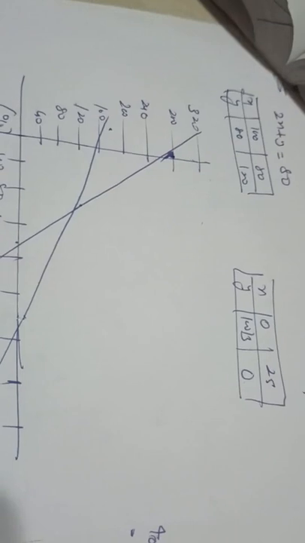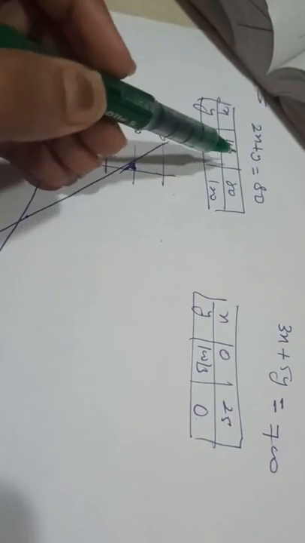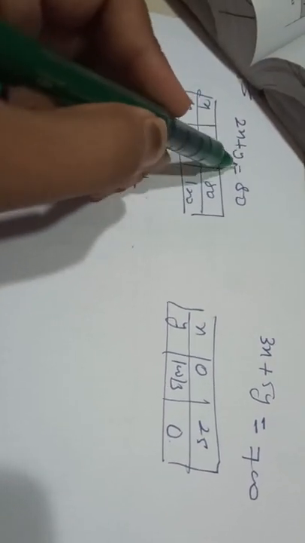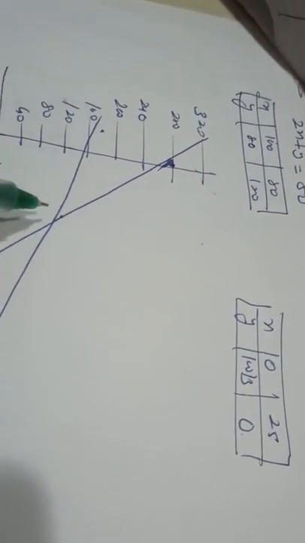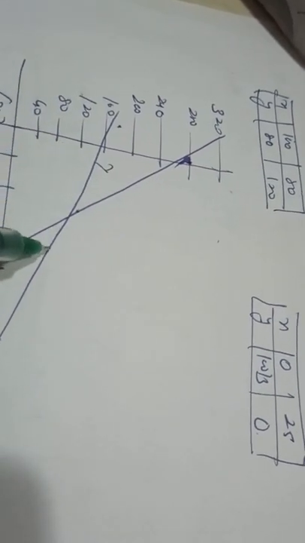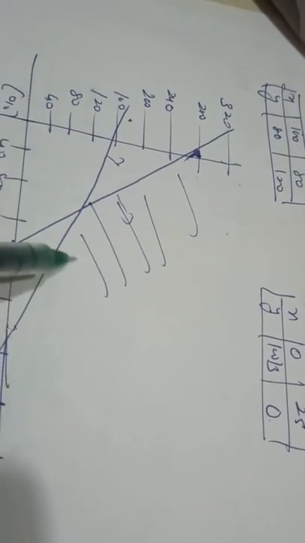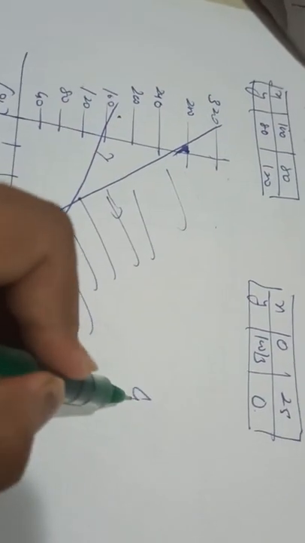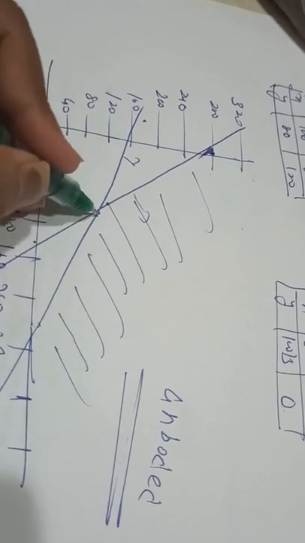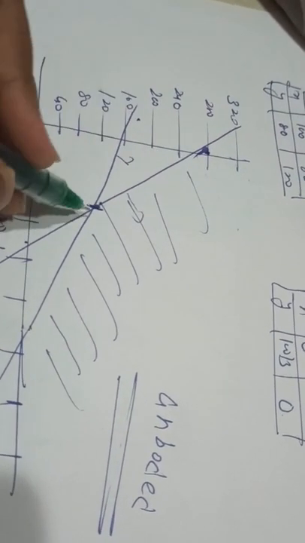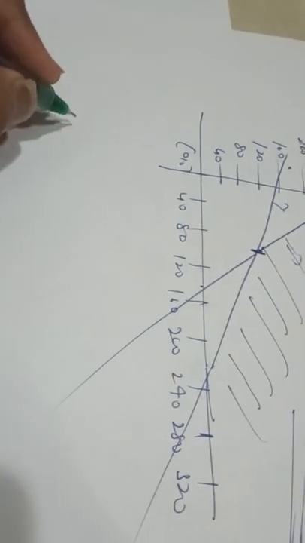So when you plot these lines, you get this type of graph, and we have to shade this area. My first equation was greater than equal to, second was also greater than equal to, meaning you are going away from the origin, and from this line also you have to go away. So the common part would be this one, and this area is known as unbounded. There is no boundary. So we have to minimize the problem. If you see from the graph, this is your minimum point, and if you cannot figure it out, you can simply take the corner points.